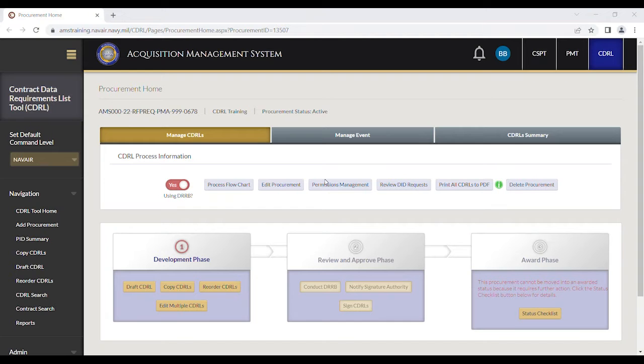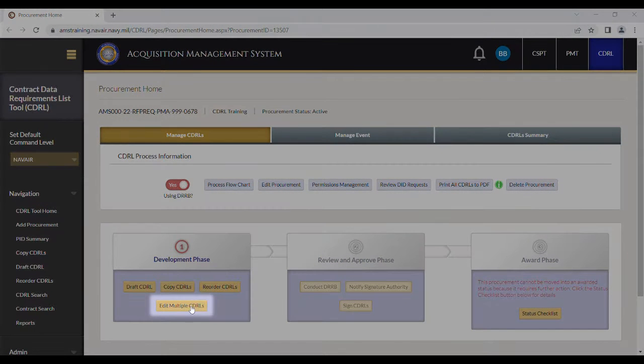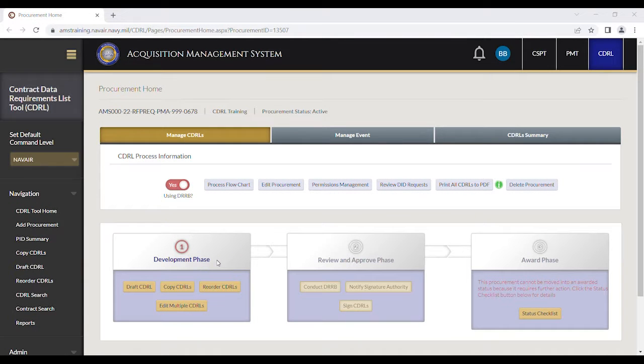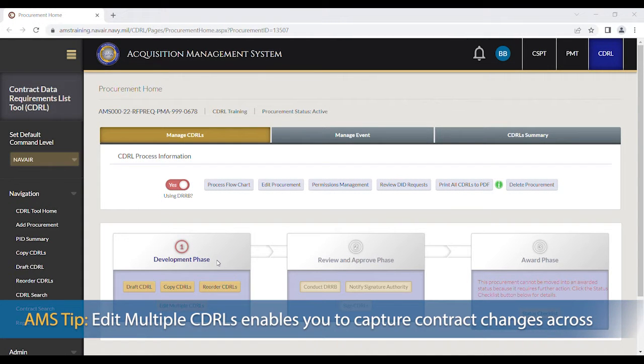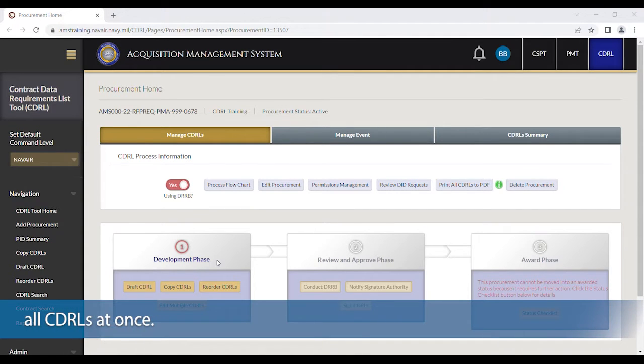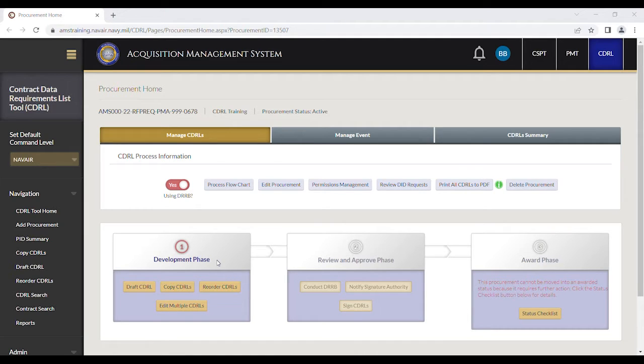Editing multiple CDRLs at once can be done by selecting the Edit Multiple CDRLs button located on the development phase of the procurement homepage. There are many circumstances that may warrant a mass edit of CDRLs. For example, CDRLs have gone to contracts and changes have been made that affect all the CDRLs on a particular